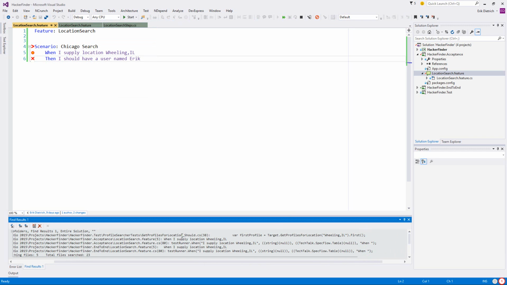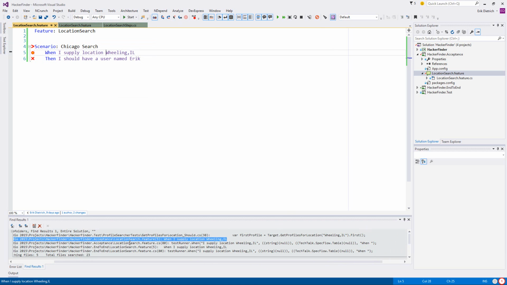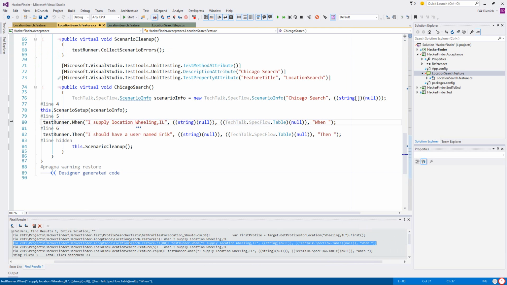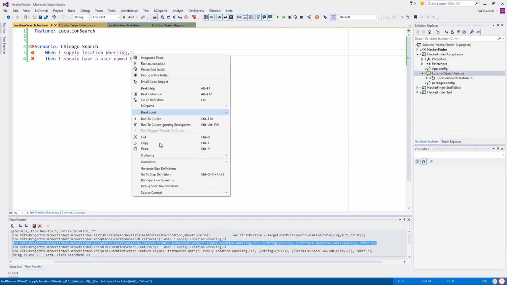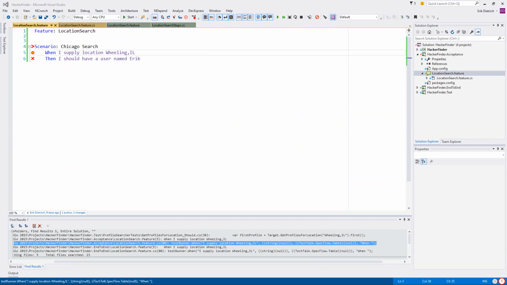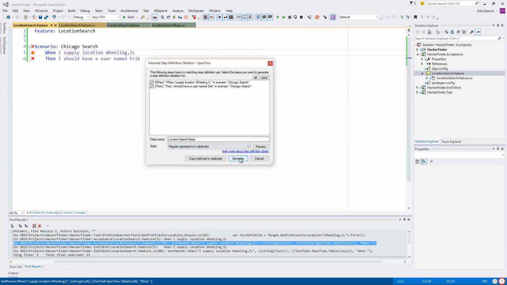Profile searcher tests. So here, okay. Boy, that is bizarre. So it seems like it maybe generated this file.